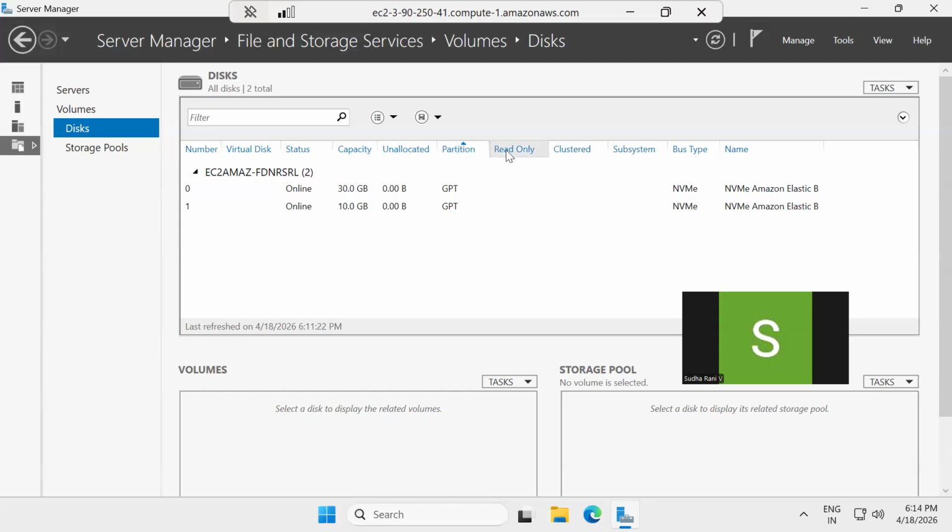Partition, read-only, clustered, subsystem, bus type, name. These are all the options, virtual disk number. So now we have successfully created our 10 GB of data, which we have taken as a new volume. Now, if you still want to check whether the memory is created or not, simply